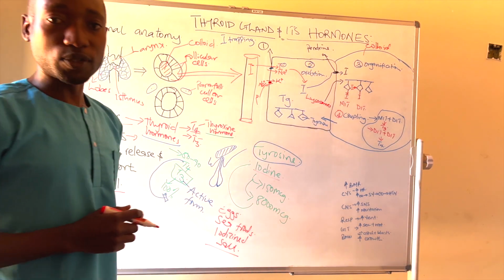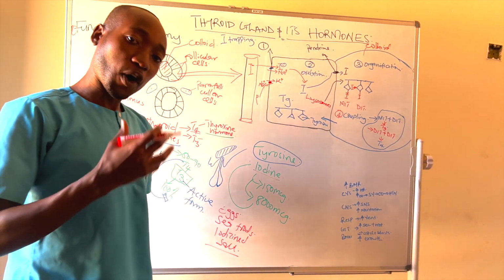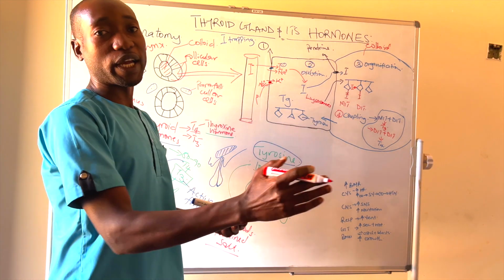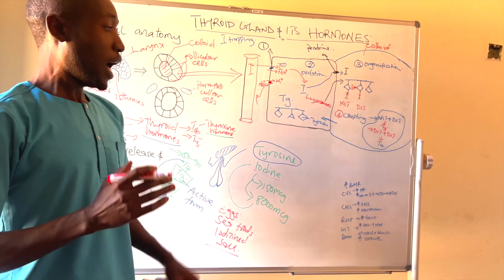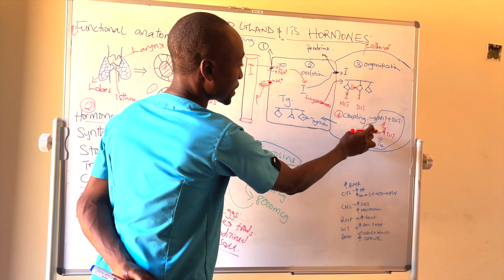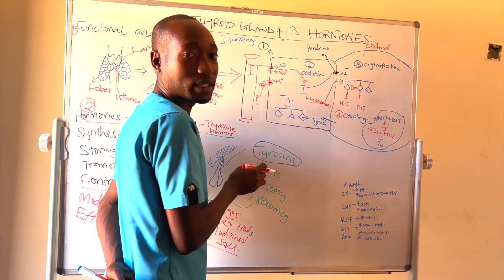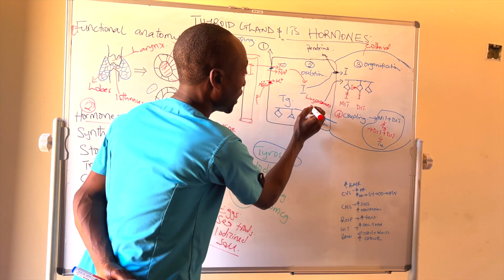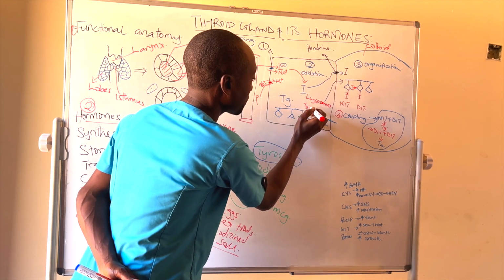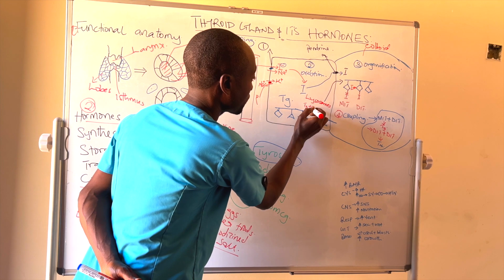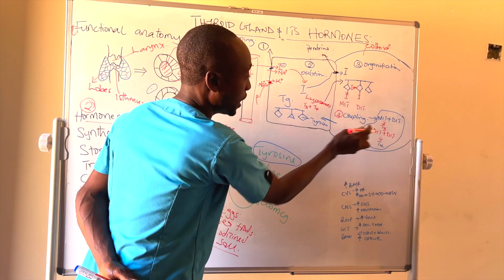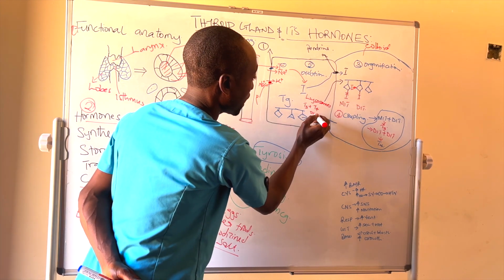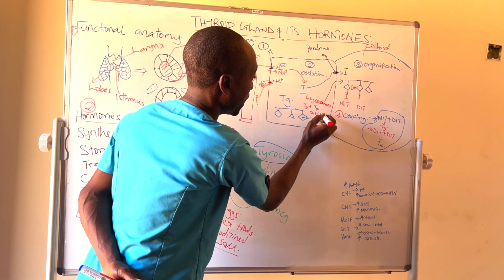And what do lysosomes do? Lysosomes always do cleavage, okay? They do cutting. So they are going to help us to cut this vesicle, and they're going to separate different products. So we are going to have T3 separate, we are going to have T4 separate, then also we are going to have some DIT and